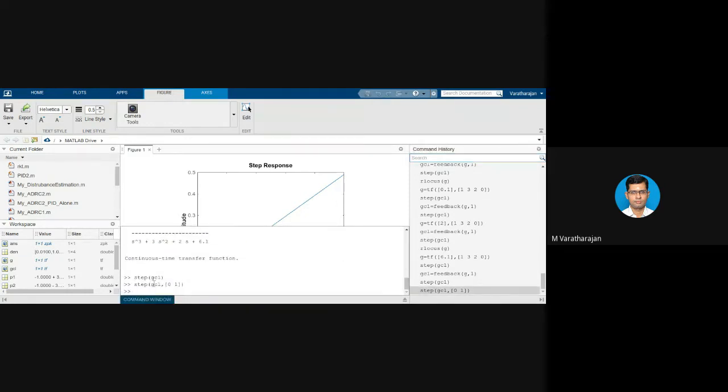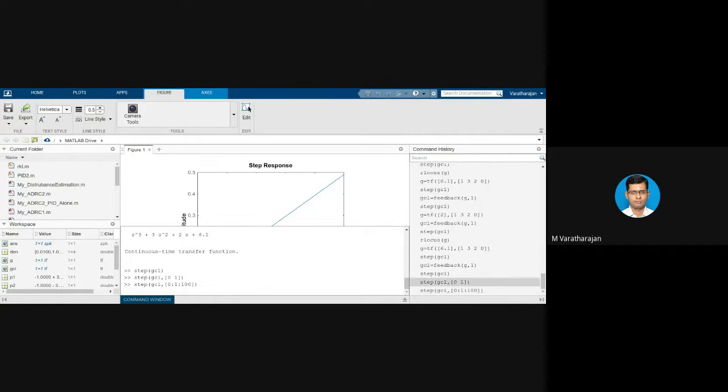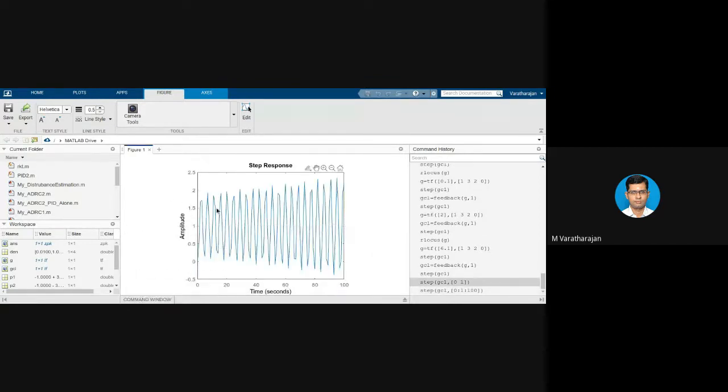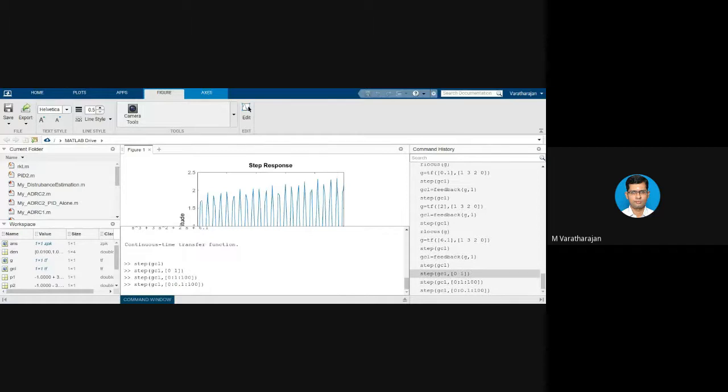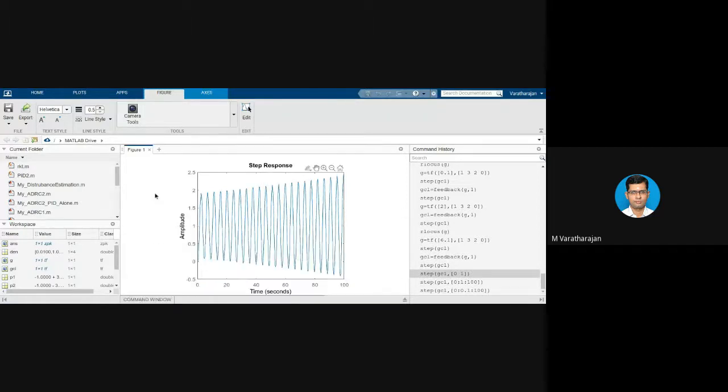Let us calculate the response for the first 100 seconds, 0 to 1 to 100, from time 0 with steps of 1 second, 2 seconds, etc. See, this graph doesn't seem to be good. Why? Because the time duration is large. If we consider a step size of 0.1 second, and here you can see